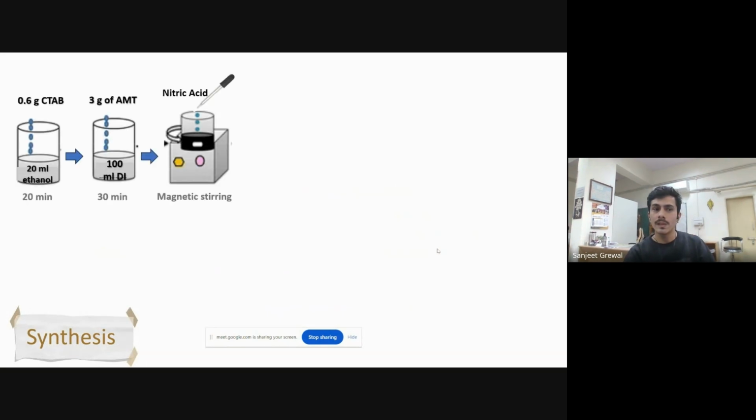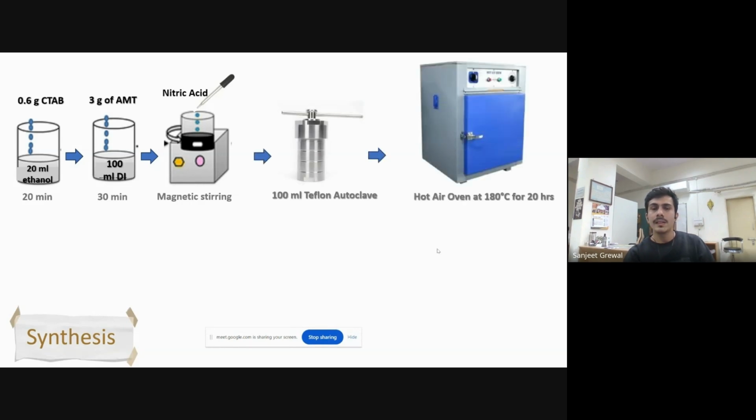First of all, 0.6 gram of CTAB was dissolved in 20 ml ethanol and stirred for 20 minutes. Simultaneously, 3 gram of AMT was dissolved in 100 ml DI water and magnetic stirring was done. Nitric acid was also added to maintain the pH of the solution. Thereafter, the sample was transferred to a 100 ml Teflon autoclave and placed in a hot air oven at 180 degrees Celsius